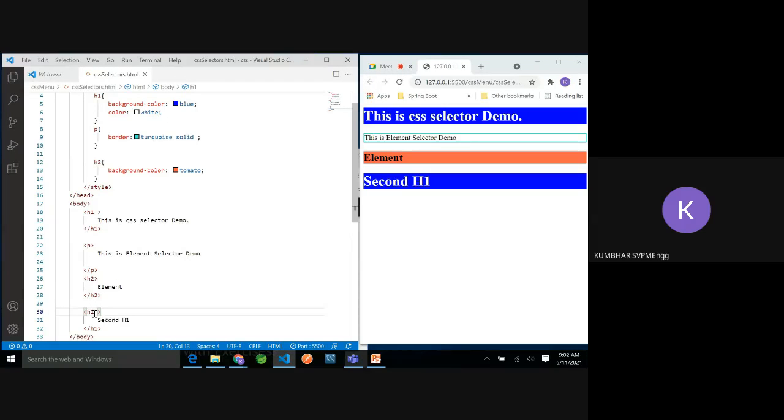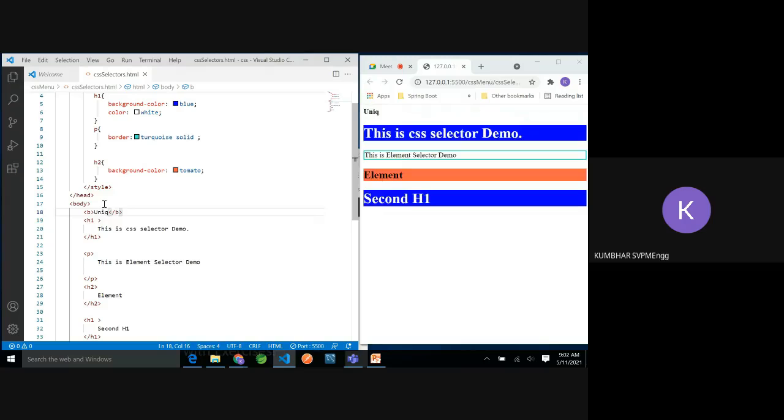And one more thing, I want to uniquely select an H1 tag. I want that only this specific H1 should have a different style, and after that, any number of H1s I declare will not have that style.